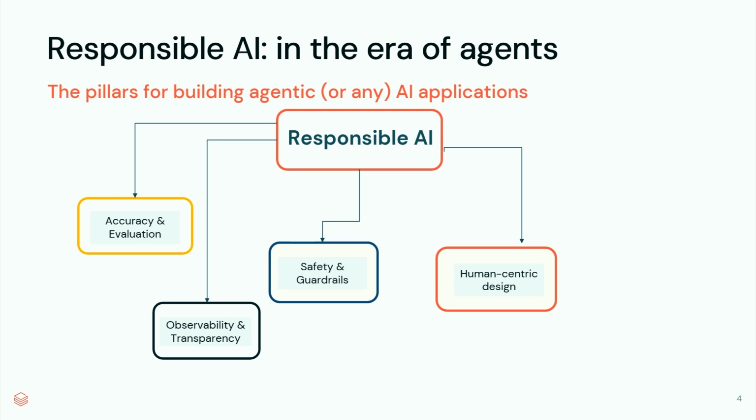Human-centric. I think we have been talking a lot that no matter whatever state-of-the-art application you are building, you need to have a human in the loop. You need to have that final control of your SME or your human or whoever you want to have that final say whether this application is trustworthy to go into production, or if things go wrong, what should I do and how should I do it?